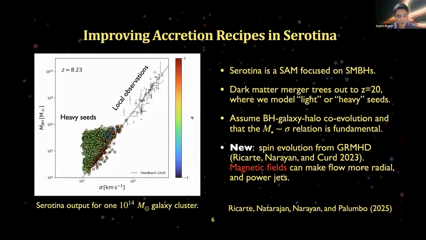As these things evolve through cosmic time and accrete, they're going to gain angular momentum from their accretion disks, lose it from the jet, and get scrambled by black hole mergers as well. So the new aspect here is to take into account these recipes from GRMHD that have modifications to spin evolution from the magnetic field.